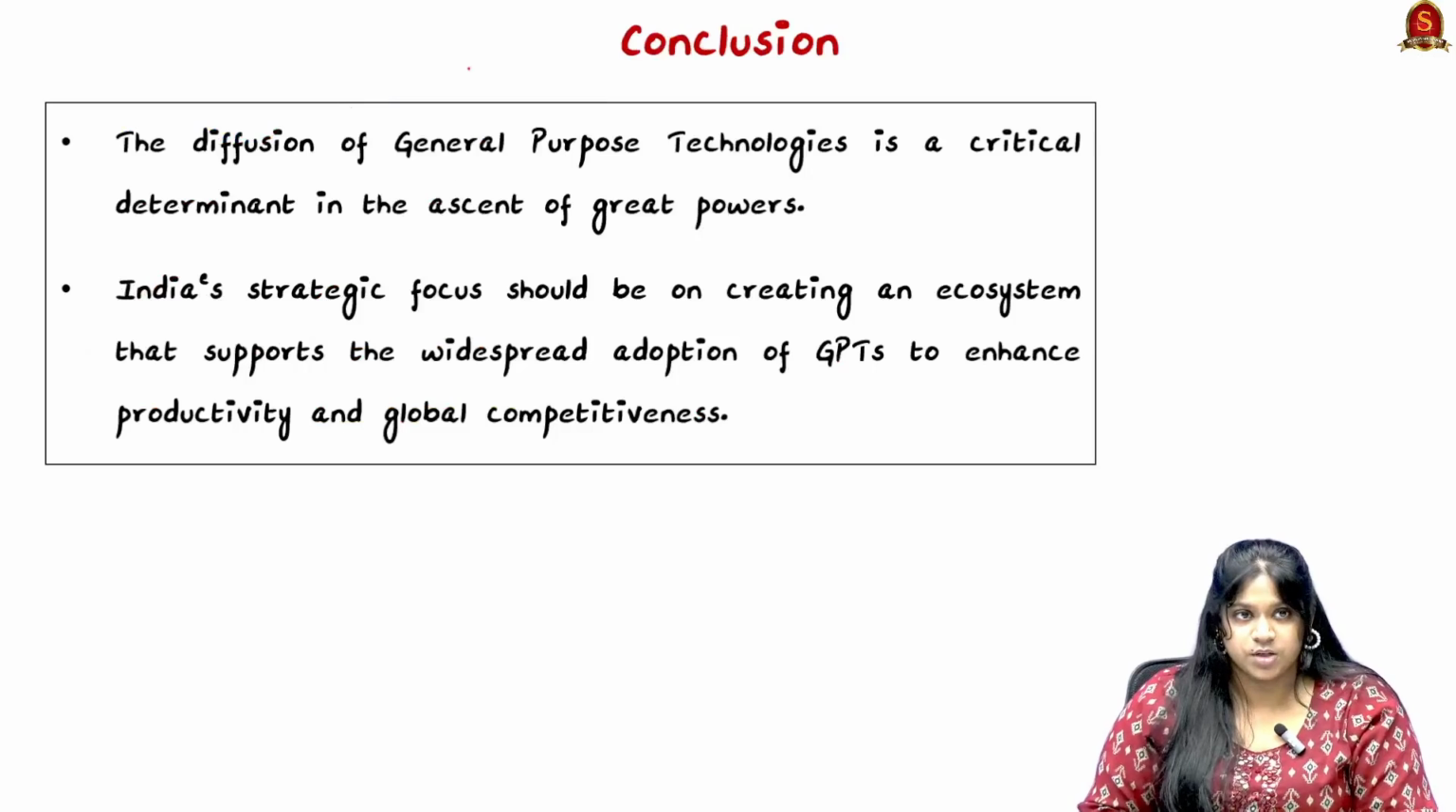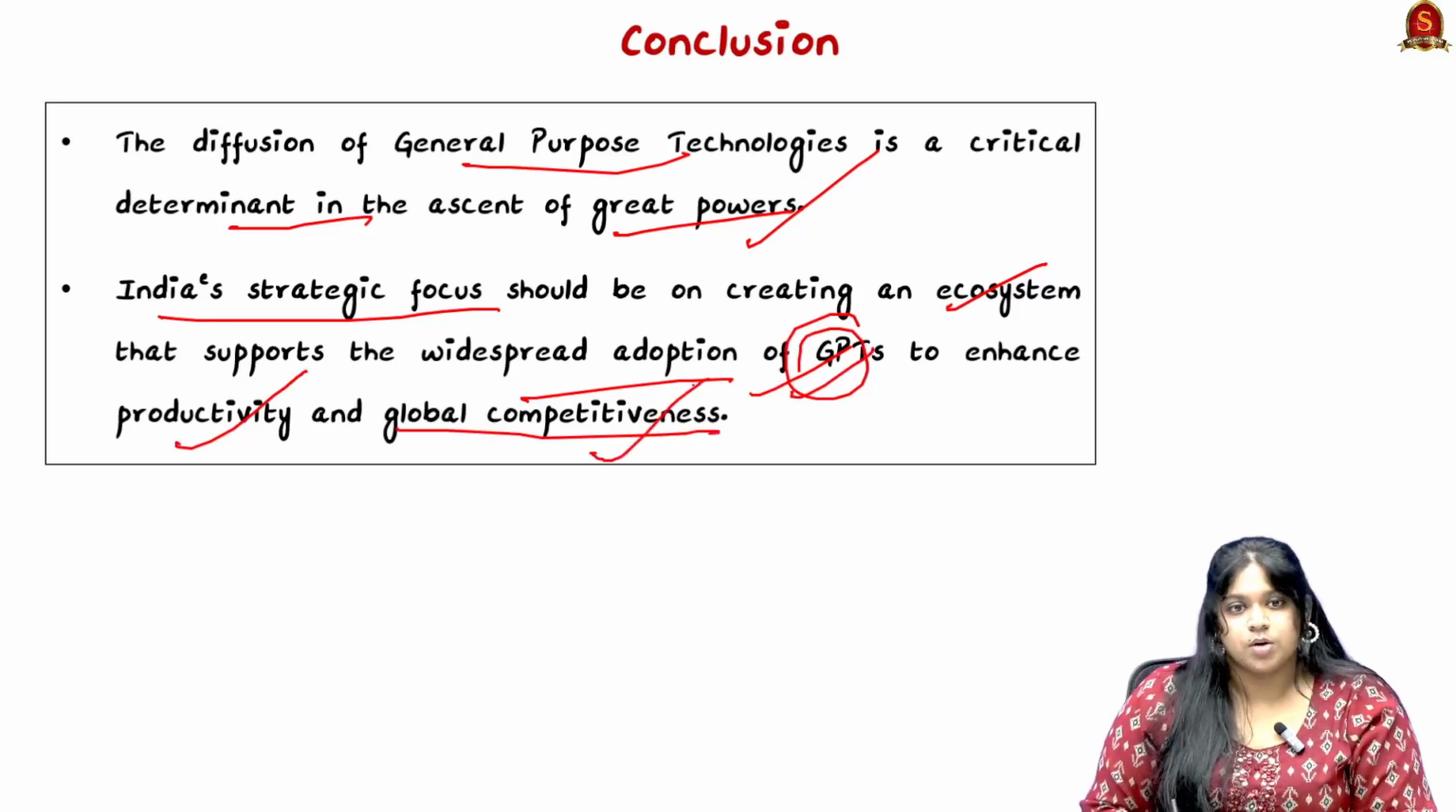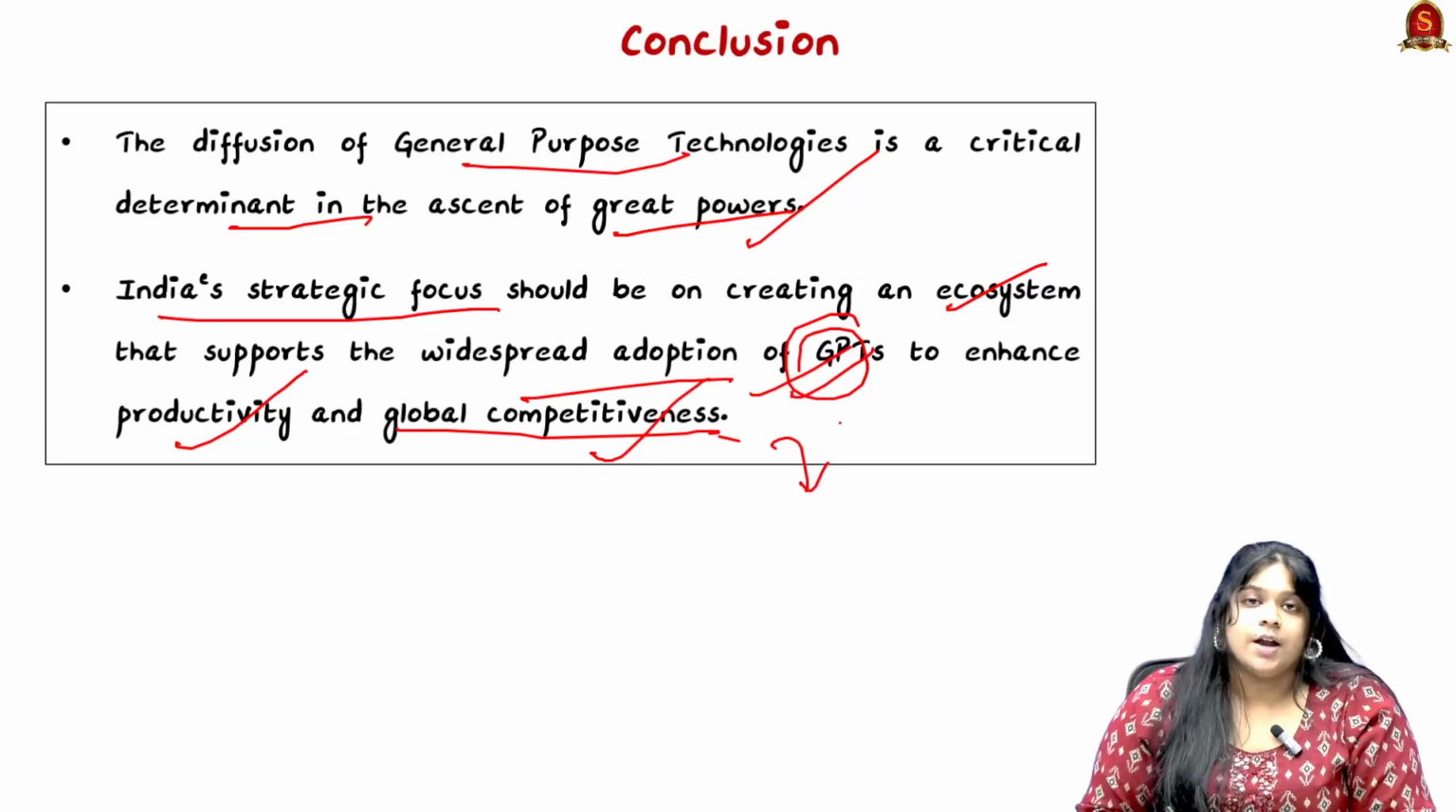So, in conclusion, the GPT is a very important and critical determinant to bring in the confluence of great powers, where there is connectivity, more transparency and more availability of information. India's strategic focus can help create an ecosystem, or a niche, where it can support widespread adaptation of GPTs to enhance productivity and global competitiveness, but at the same time bring in innovation and also